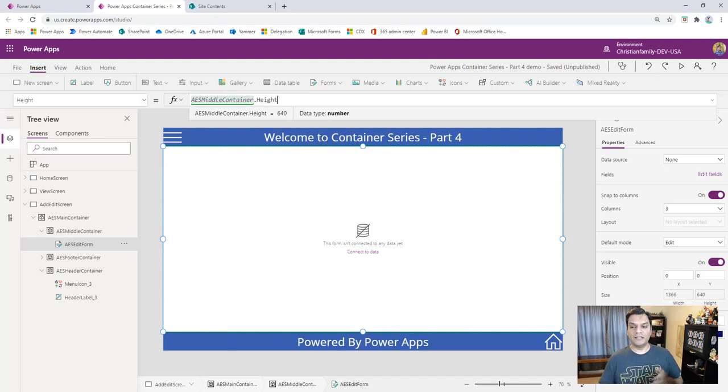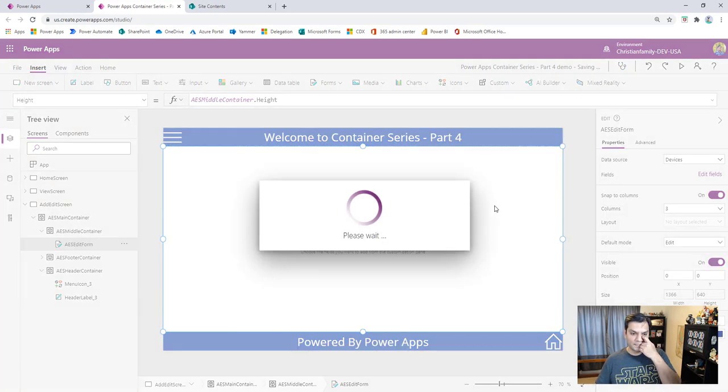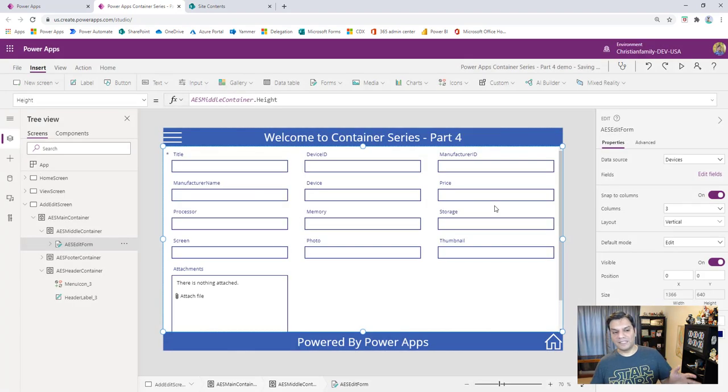And if you don't believe me, let's start filling up the form with some information and you'll start seeing what happens over here, all right? So what I want to do is come over here and pick the source. The source for this one is going to be manufacturers, devices actually. It's going to be devices, and then it fills up with all the columns that I already have coming from the SharePoint list. That's fine. What I want to do is in the item for that list,